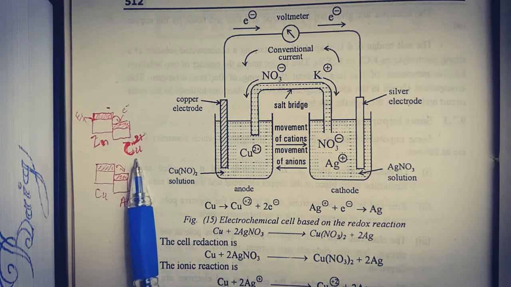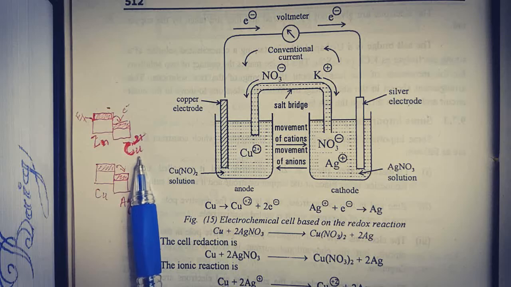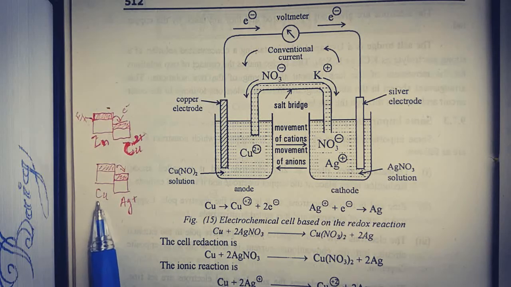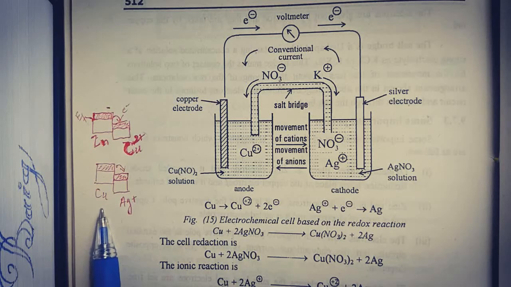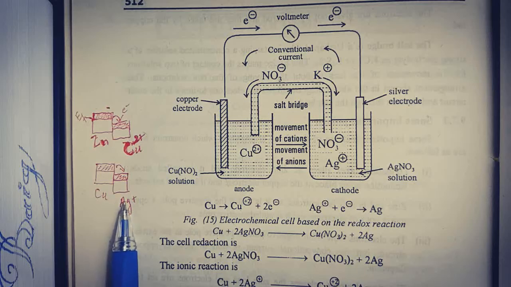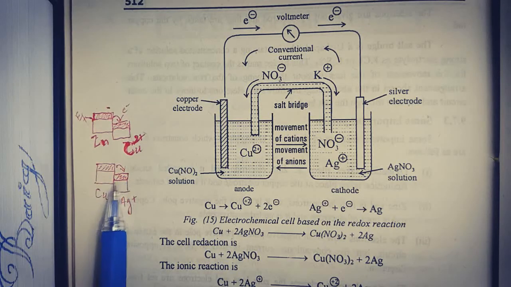So in the first electrochemical cell, the copper 2+ ions are being reduced, whereas here copper metal is being oxidized. So in this way we can have many combinations of electrochemical cells in which we have different kinds of electrode systems. So the tendency of the reduction or oxidation will depend on the Fermi levels of these